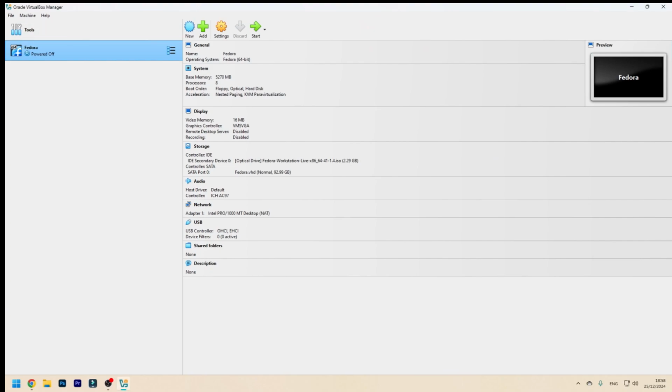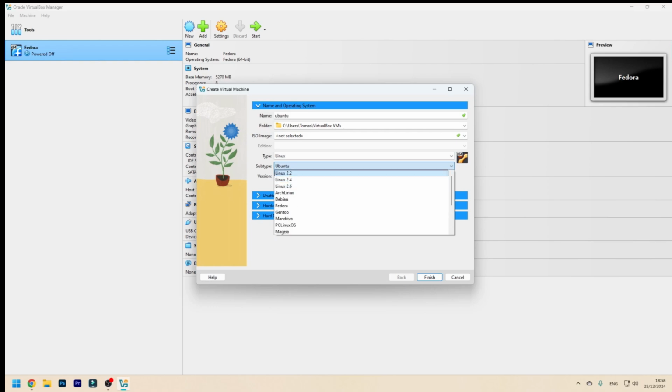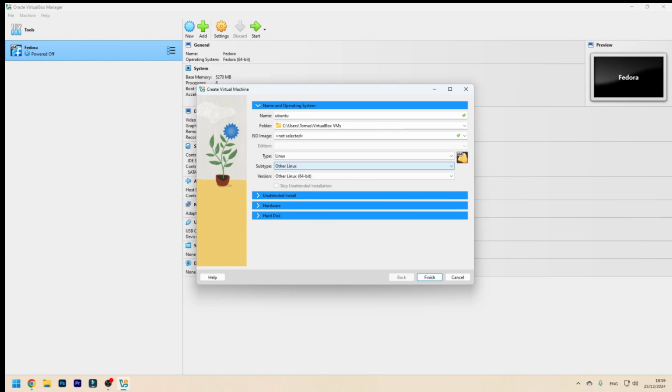Now here, just press New. You give your virtual machine a name. I'm gonna name mine Ubuntu. Just taking one, and it automatically will recognize it. It's a Linux from the name Ubuntu. But if you did not recognize it, you can change it. As you can see, I have Debian, Fedora, PC Linux OS, Oracle, Ubuntu, or other. For something like Pop OS, I'm going to have to choose other or Linux Mint because it's not on the